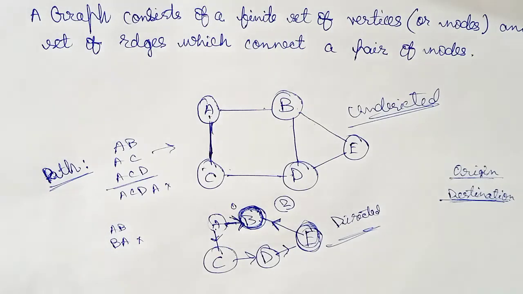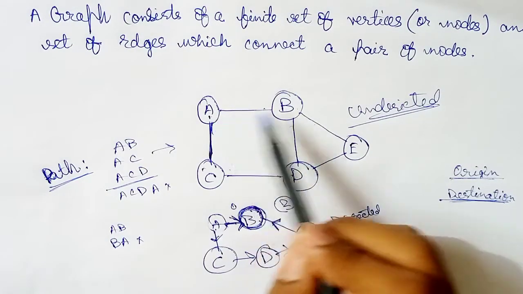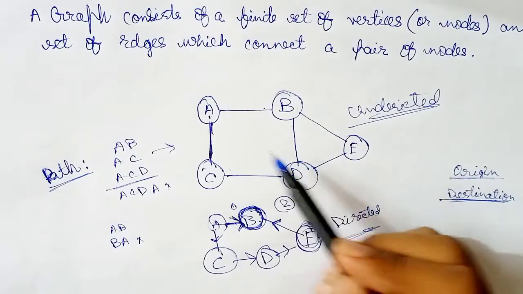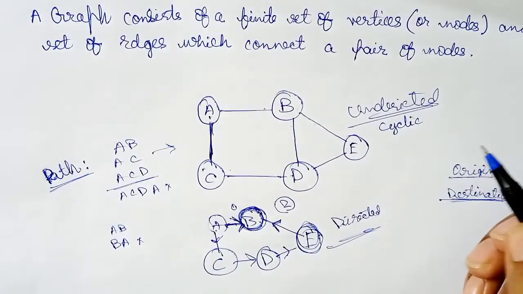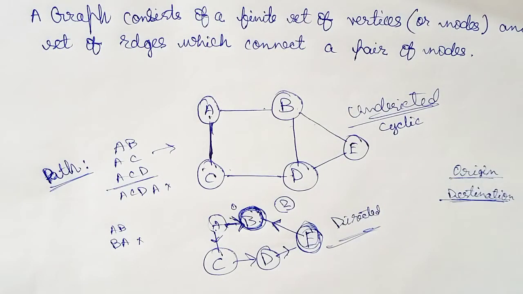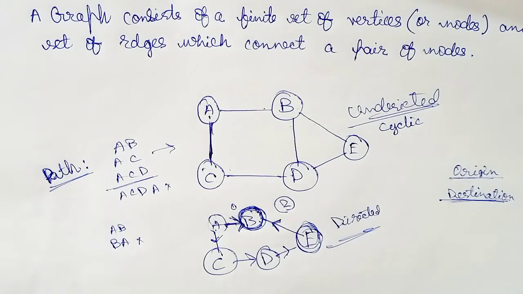The last remaining point in this introduction is the presence of a cycle inside a graph. So here we can see that every node is reachable from other nodes. So hence we can say that this undirected graph is a cyclic graph as well. We can directly call it an undirected cyclic graph. But in the case of the directed one, we have to see if we can reach a particular node, and again we start moving from a particular node and we can come back to that particular node. Then we can say that a cycle is present.